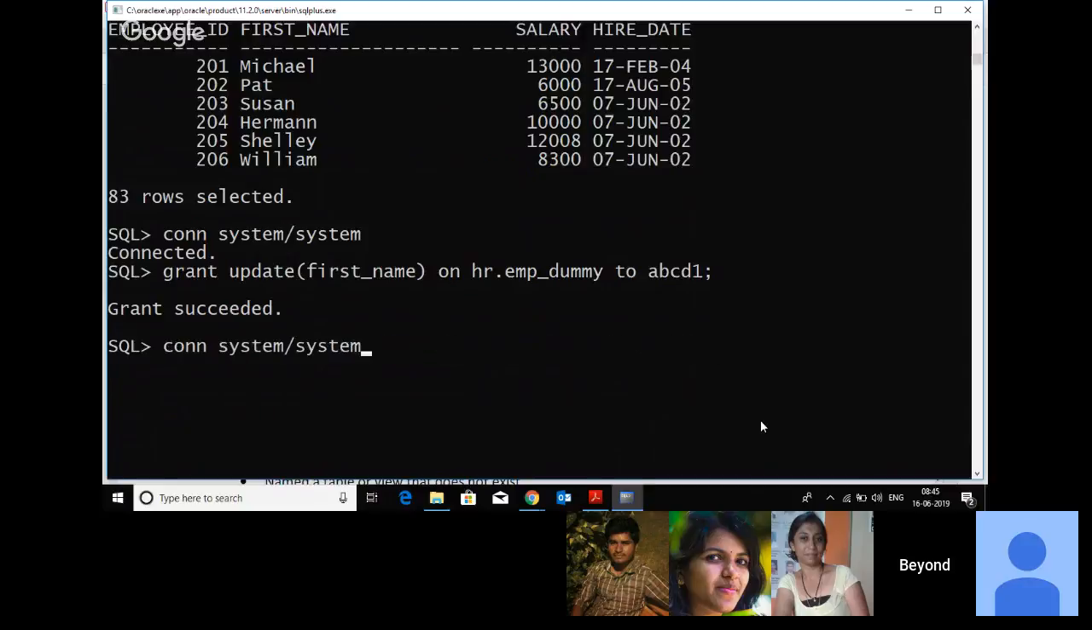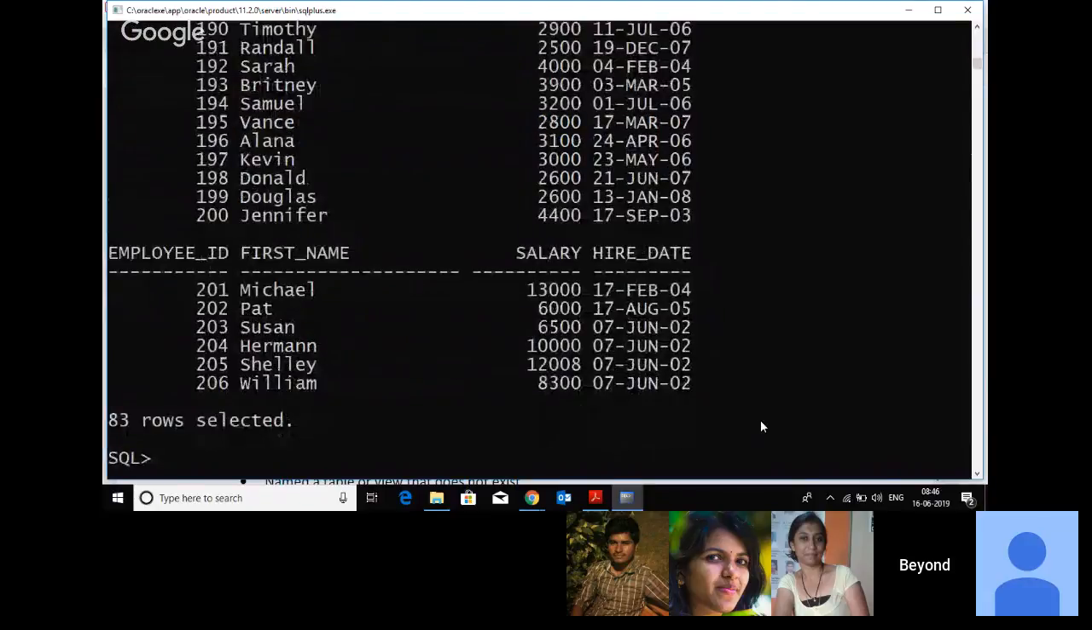Let's log in again as ABCD1, comma ABCD1. Now this user can select the data from this dummy table. This is fine. Also you can update, because we have given update permission. Okay, update